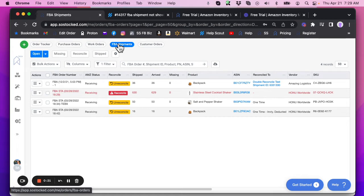Now, normally what happens is we're going to pull FBA shipments from your Seller Central account twice per day per our scheduled API data pulls, which I'll talk about later at the settings page. If for some reason Amazon doesn't give us that FBA shipment on our API pull, typically it's because there's a glitch on Amazon's end with their API report, I should say the FBA shipment report, or